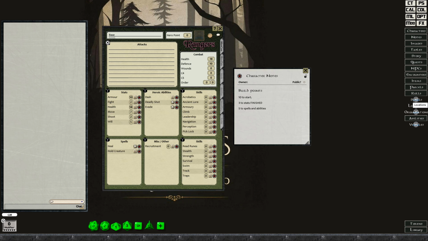Let's see. For each build point a ranger spends, he may increase 8 different skills by +1. Okay, so I get to increase 8 skills, not just 1 for 1. Alright. Spend up to 5 build points on skills. Now I did 8 already, which means I have 2 skill points left, so...